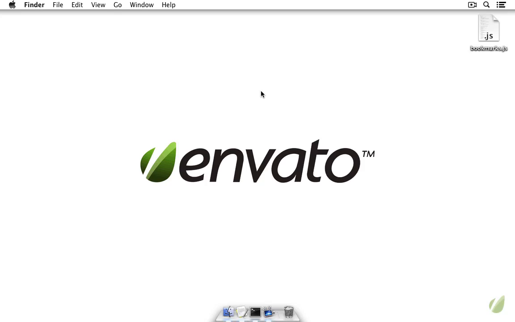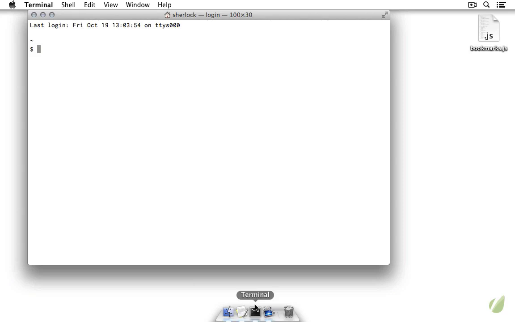Now we're ready to learn the many ways that we can query a MongoDB database to get our documents back out. Of course, this isn't going to be much use if we don't have many documents in our database, so we're going to start with that. As you can see, here on the desktop, I have a bookmarks.js file. Let me go ahead and open a terminal, and I'll move to the desktop, and then let's open this bookmarks.js